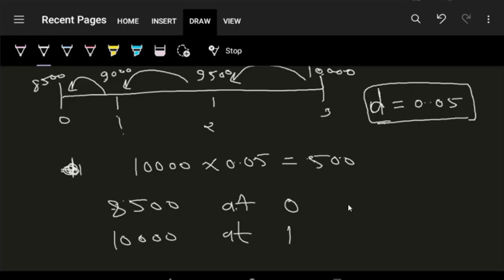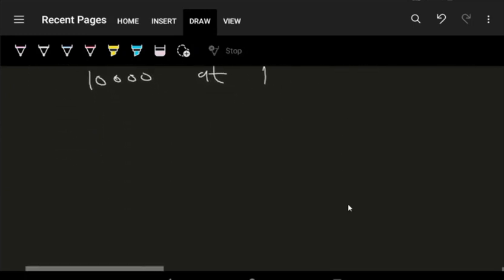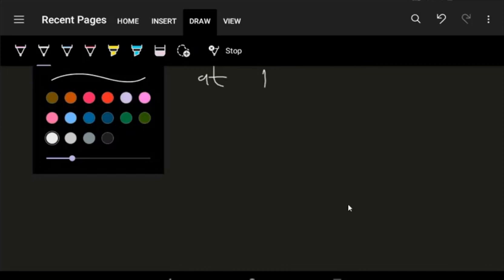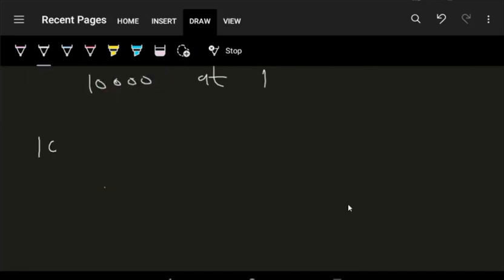In actual sense, we are discounting this 10,000 at time 3 and bringing it back to time 0 with our type 2 simple interest. So instead of calculating for every year, we can do it directly, just like we did in simple interest rate. To do that, we want 10,000